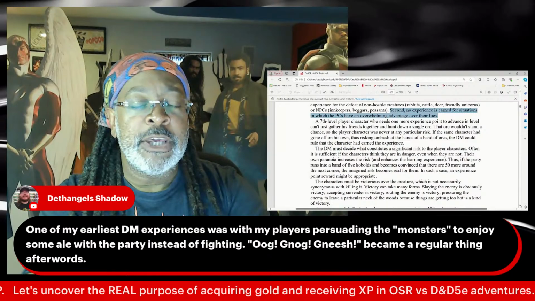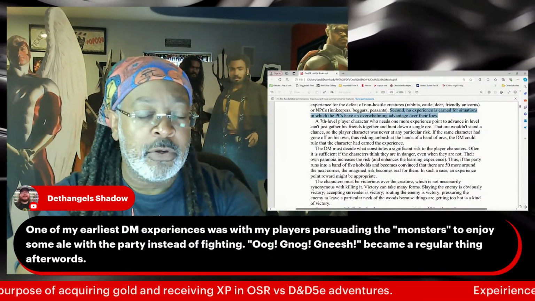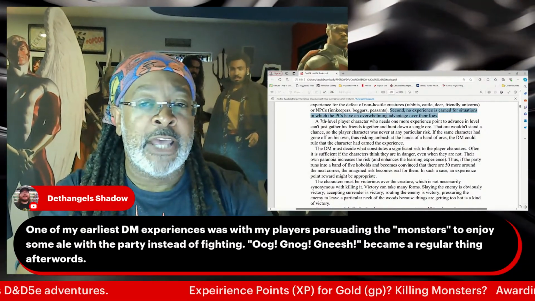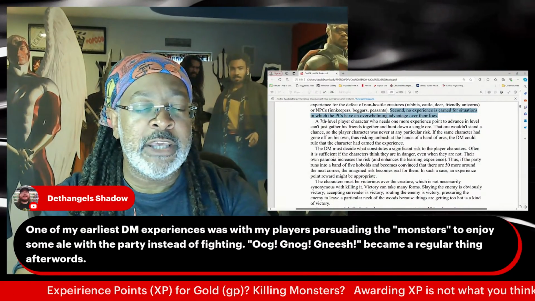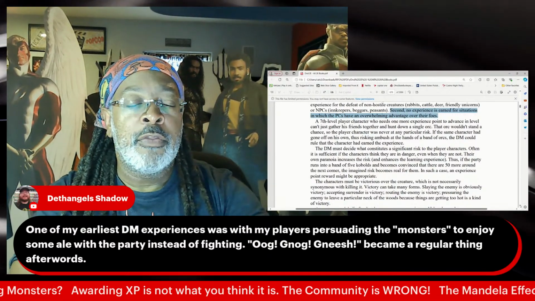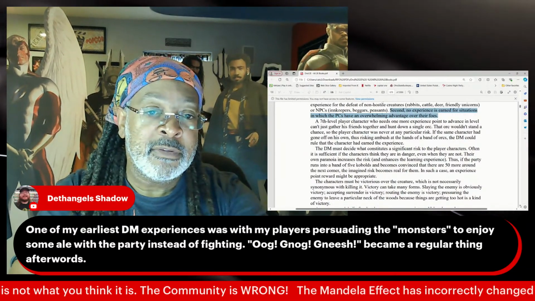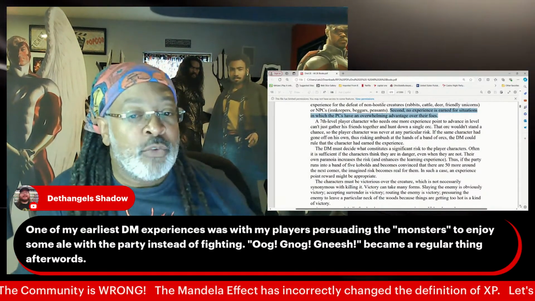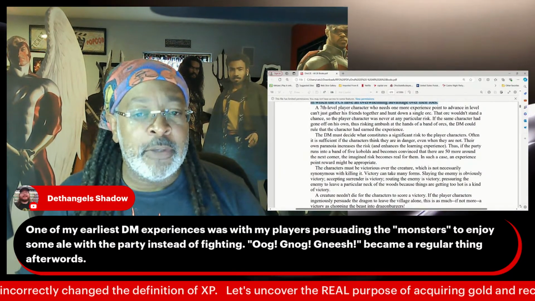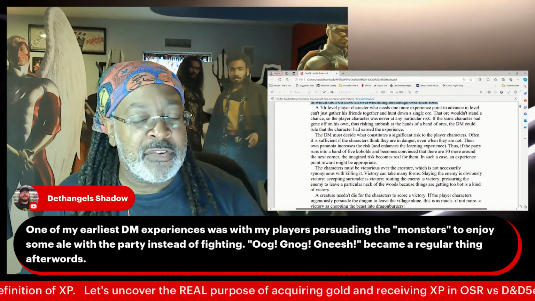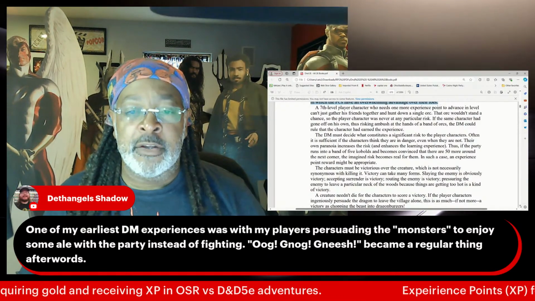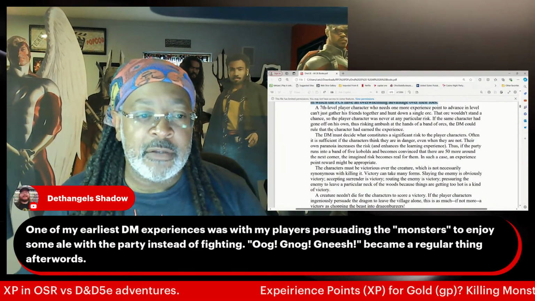So if 3 players are playing and one of them is a power gamer and is easily able to dish out 150 hit points at a time and has an armor class so high that there really is no die roll except a 20 for them to be injured, but the other 2 players are very vulnerable, the more powerful player gets nothing. That's a written rule. So if you start the power game, you actually earn less than those who are surviving by the skin of their teeth. But we're not done.